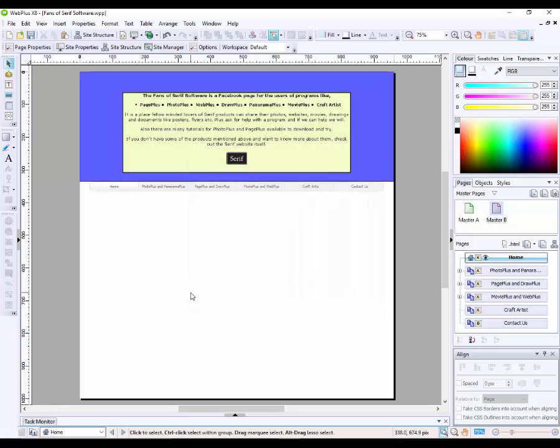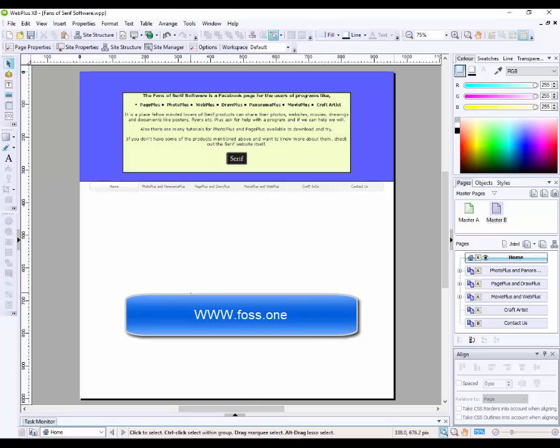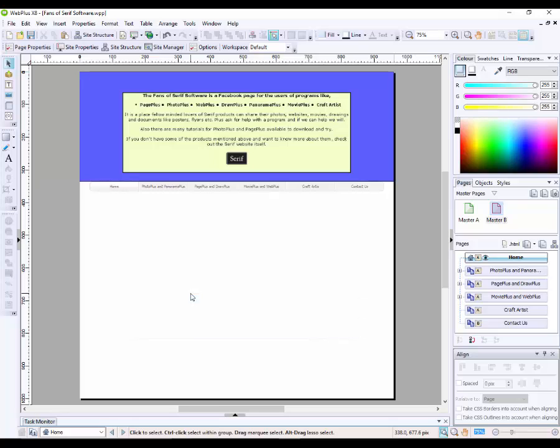Close. So if you then go to www.foss.one, FOSS.1, you can see how this looks on the internet in your own browsers, and this is as far as it's going in this particular tutorial,